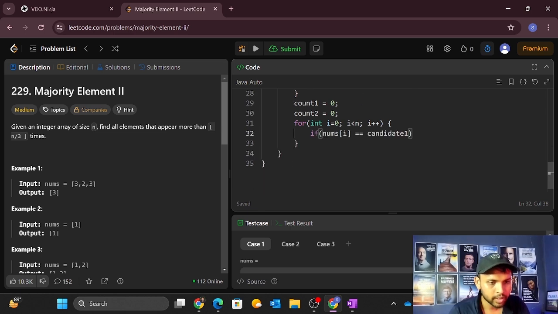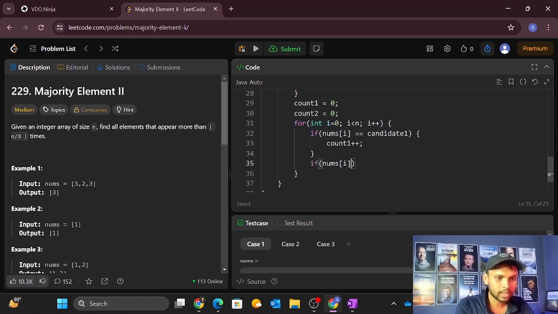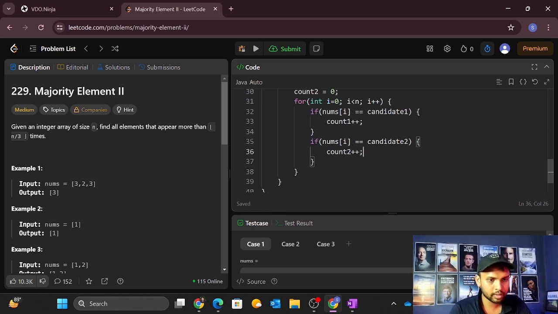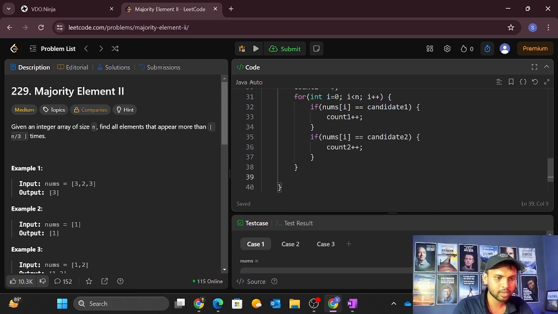Then I am doing count 1 plus plus, and also if my nums of i is equal to candidate 2, then I am incrementing count 2, right? Now after I have counted the number of times candidate 1 is present and the number of times candidate 2 is present, what I can do is